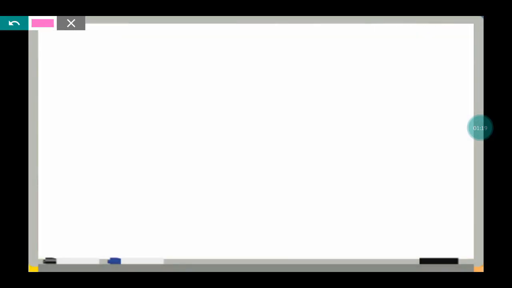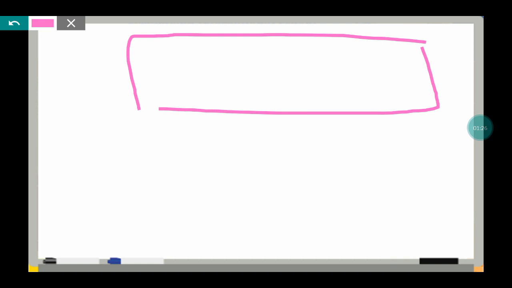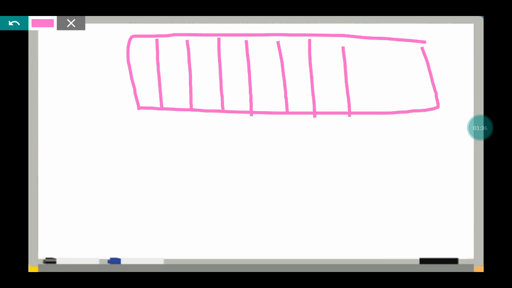Okay, how can we represent fractions? Remember, if we have a rectangle like this and we distribute it into 10 equal parts, 1, 2, 3, 4, 5, 6, 7, 8, 9, 10. And if we shade all these parts like this,